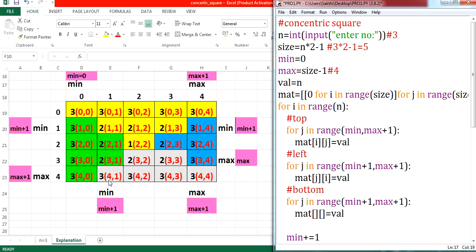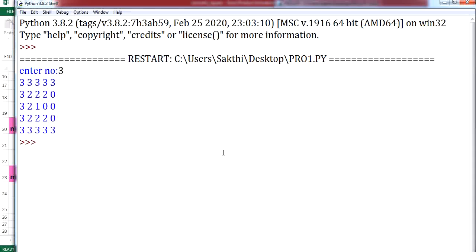We are going to check with the values. We will check here. You can notice that what is your row value? 4, 4, 4, 4. What is this 4? This 4 value is stored in max. So I can make use of your row value as max. And what is this column value? 1, 2, 3, 4. This 1, 2, 3, 4 is being mentioned by using a j loop. So let me mention j here. Clear? Now let me execute this and let me give value as 3. You can notice that up, down, leftmost is done. Only the leftover part, the rightmost triangle, has to be completed.